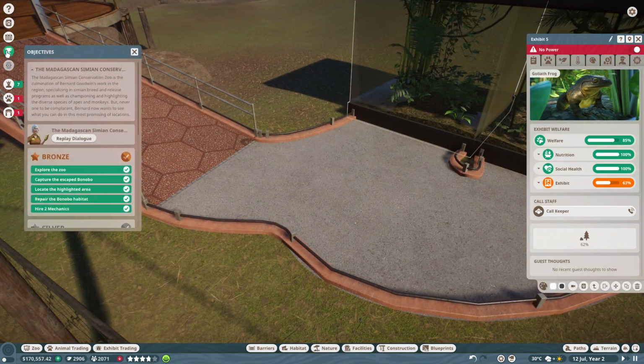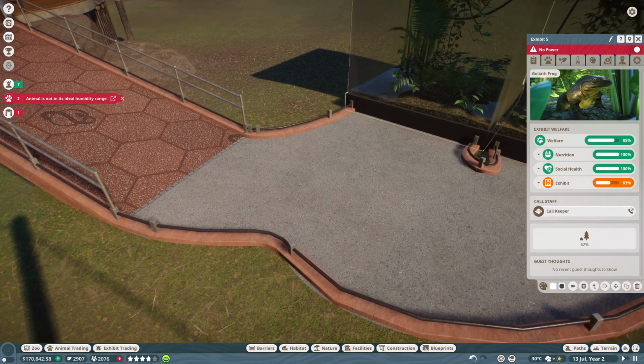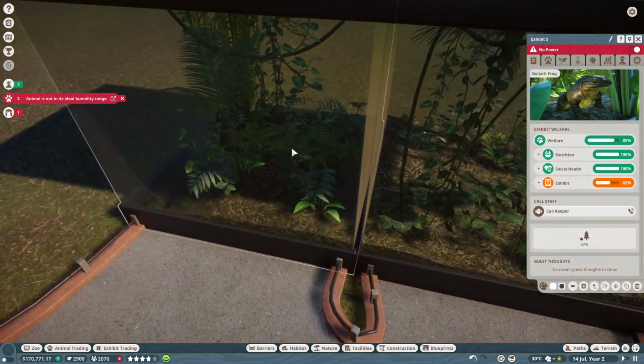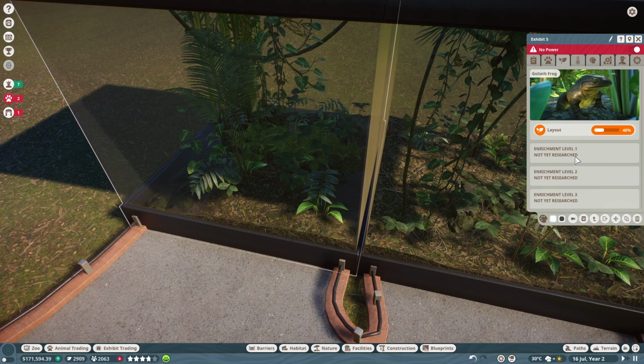Alright. What are we at? 11. We need 1 more. I need to make these guys happy, though. Like, they want better layout. I don't have any research for these guys, though, so...